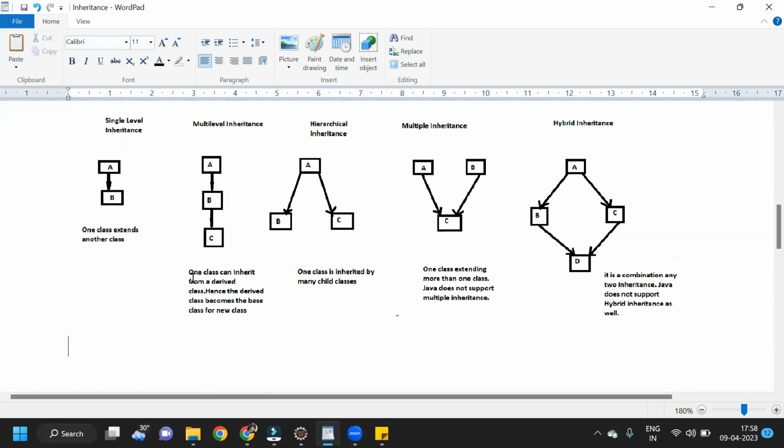So here I have written, you can see one class can inherit from a derived class. Hence the derived class becomes the base class. Base class means parent class for a new class. So this is multi-level inheritance. And what is the